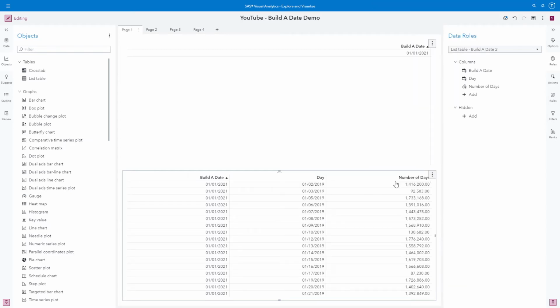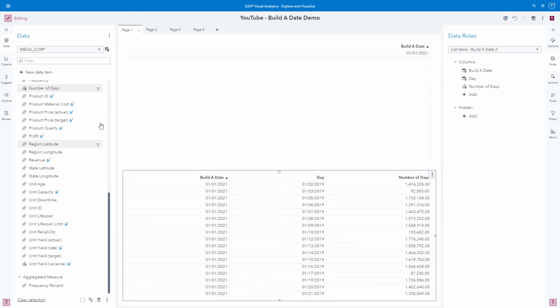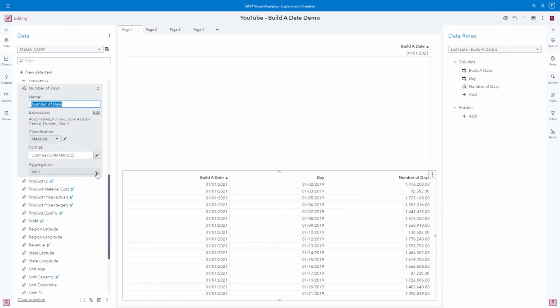Based on these results, we can see that we have several rows of data for each day in our data source. And we don't really want to aggregate the number of days. I just want the single non-additive number of the difference between our January 1st, 2021 and the day of the row. So we can correct this aggregation by selecting a non-additive aggregation for our number of days. In this case, we could use min or max. I'll just go ahead and use the maximum. And then we can see that the number of days looks a lot more reasonable between January 1st, 2021 and January 2nd, 2019. This is a lot of data to look at.